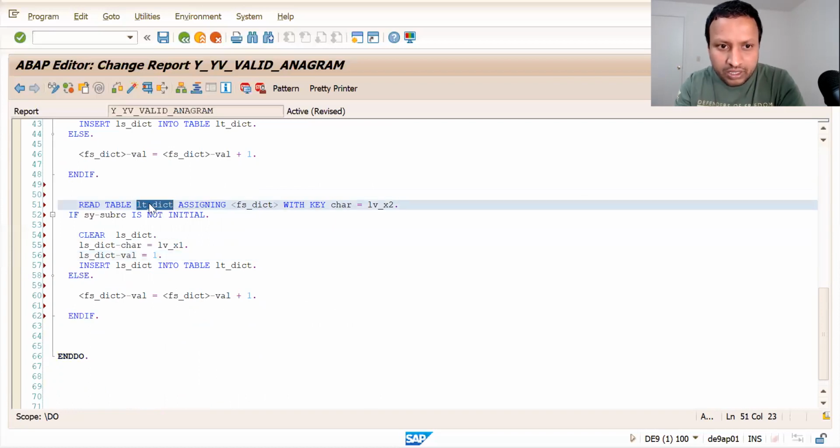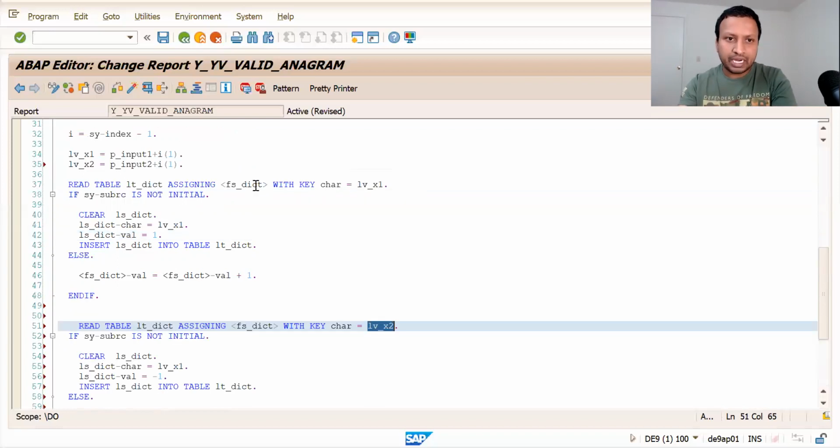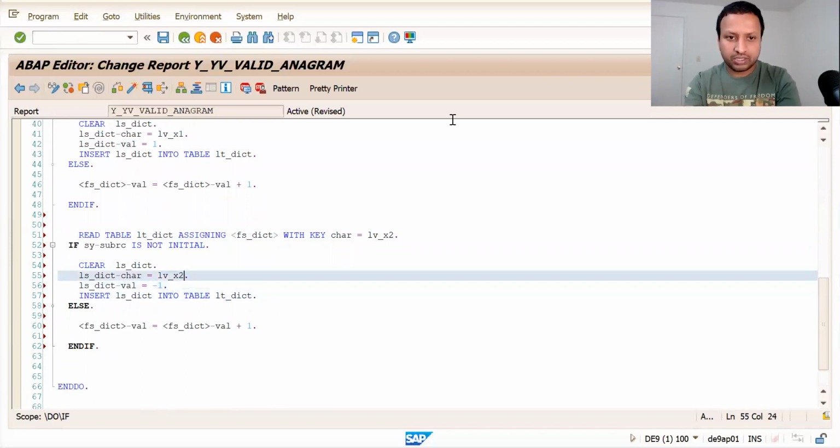So if it is not there, I need to enter the value in it with -1, because this time we will be negating the values, whatever the characters we would be getting from p_input_2. That is the reason we will be entering -1 into this.